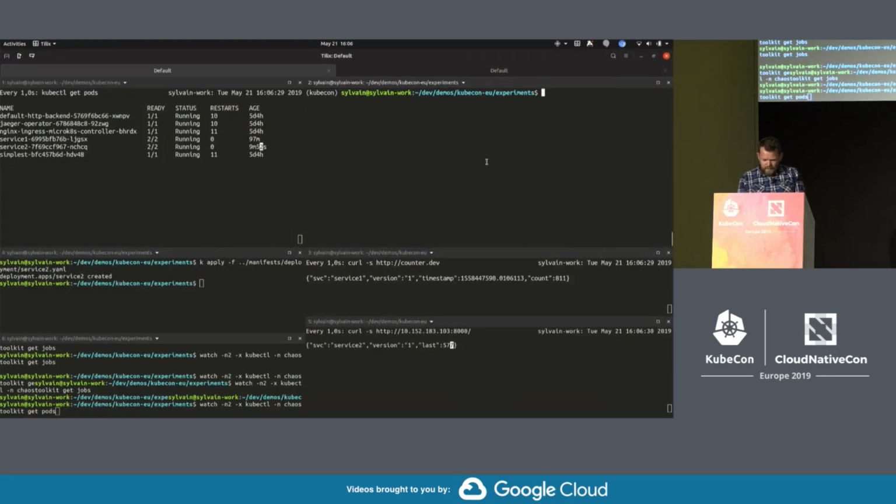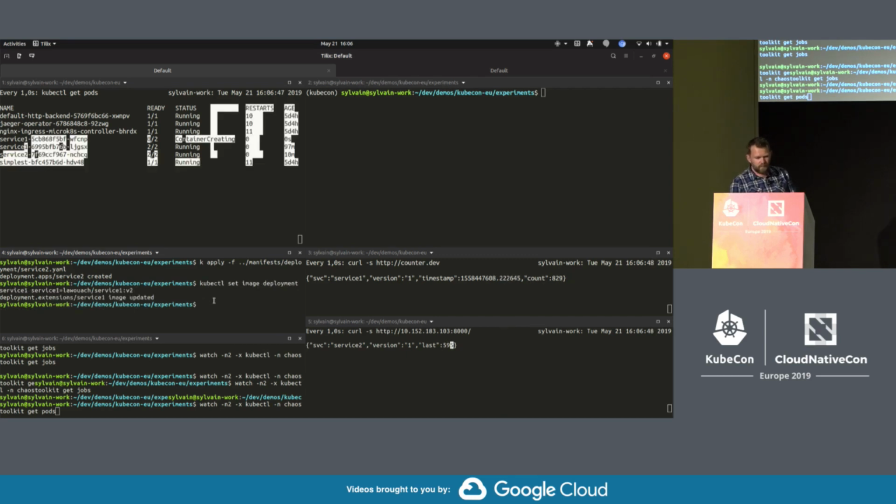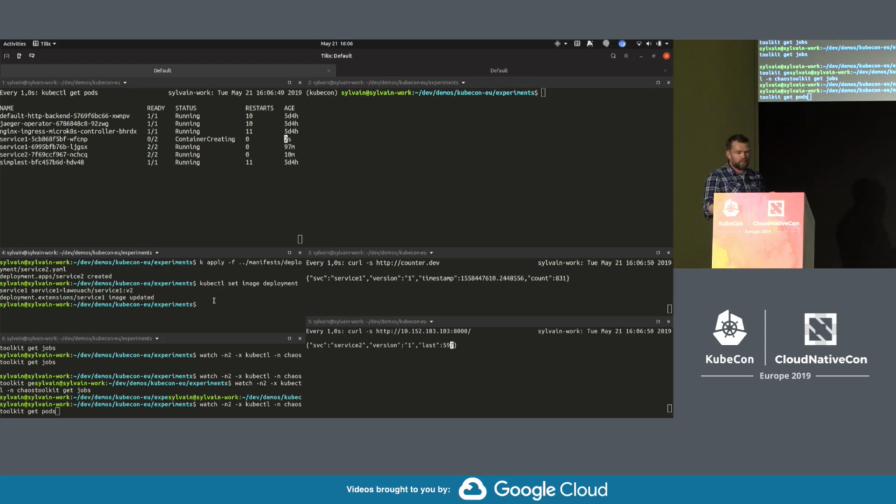All right. Here we've got service 1, service 2, and there's still happy bunnies. So we need to move service 1 to service 2, actually. Right. So we're going to change the image of this one. So that's a manual rollout.